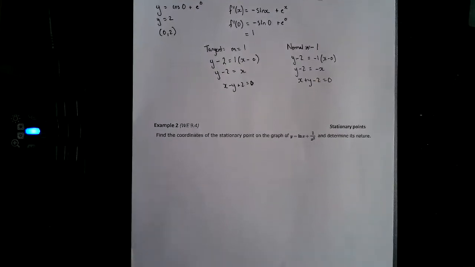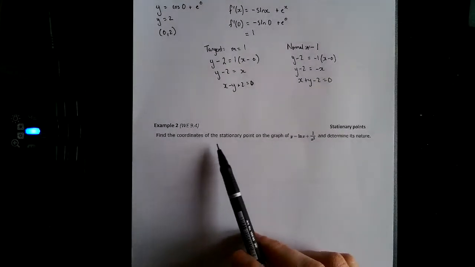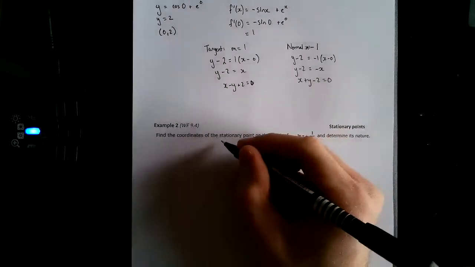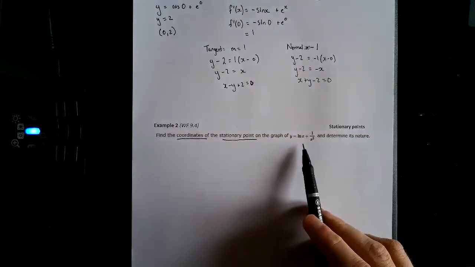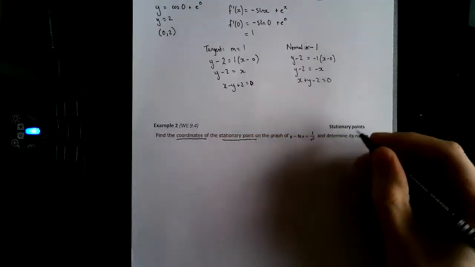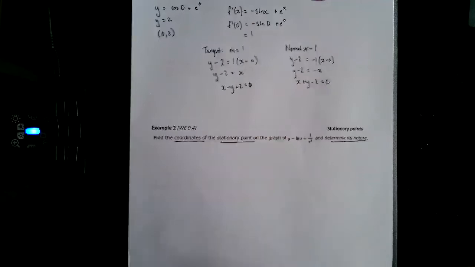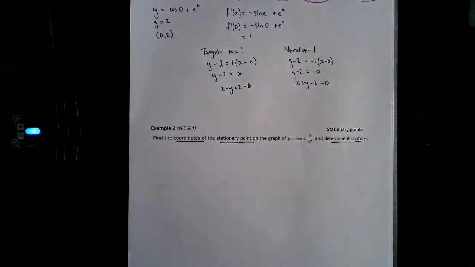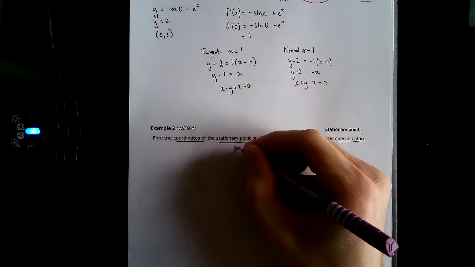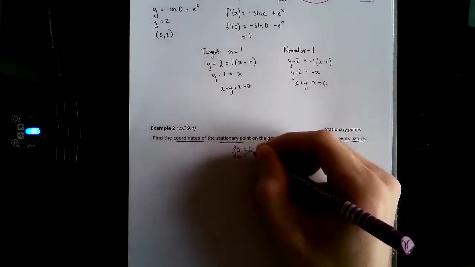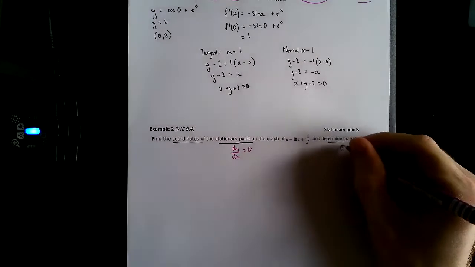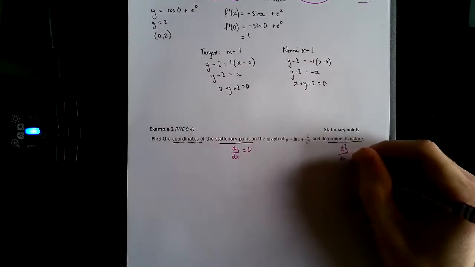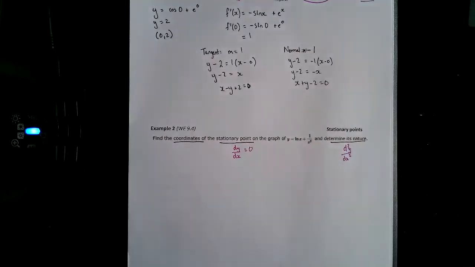Okay, for the next bit, find the coordinates of the stationary point on the curve y equals ln x plus 1 over x squared, and determine its nature. Well, stationary points means the gradient, dy by dx, is 0. And determine its nature, that means we have to use d2y by dx squared to see if it's concave or convex. So if we differentiate that first of all,